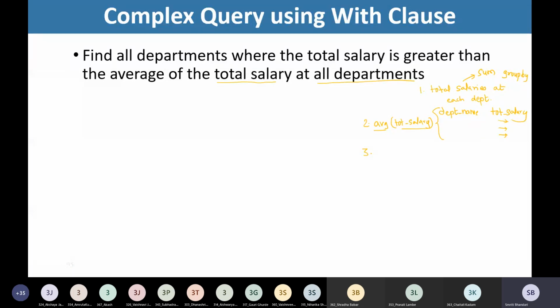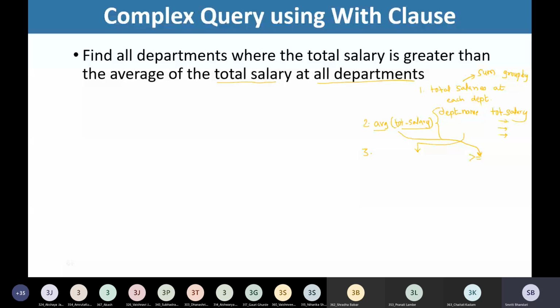And what next we need to do in the third step? We now have this relation, department along with total salary. So once again we need to make use of this relation, and compare whether the total salary of every department is greater than this average salary, that we have also computed.